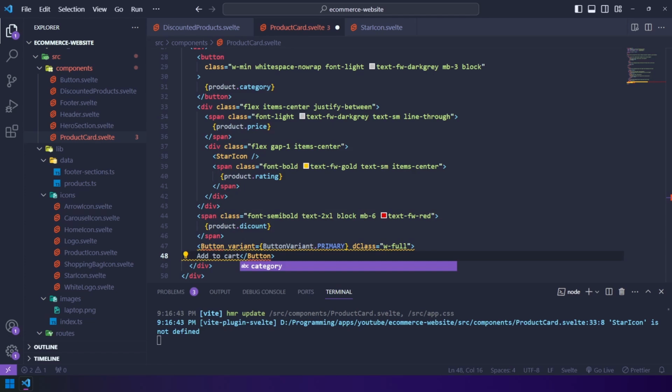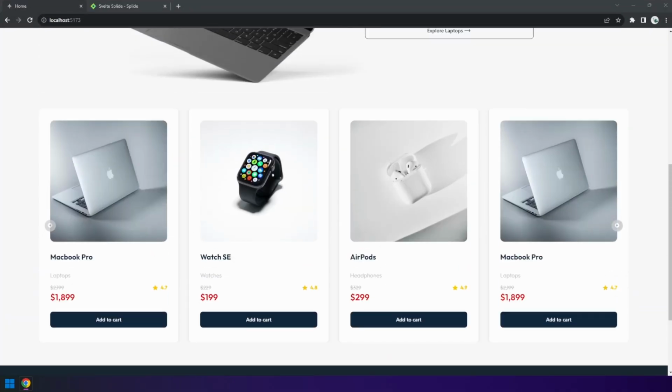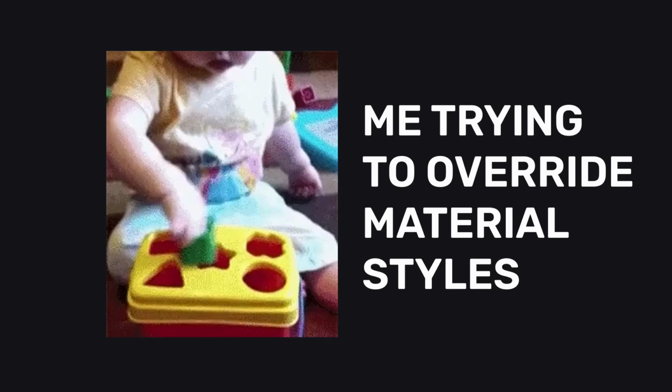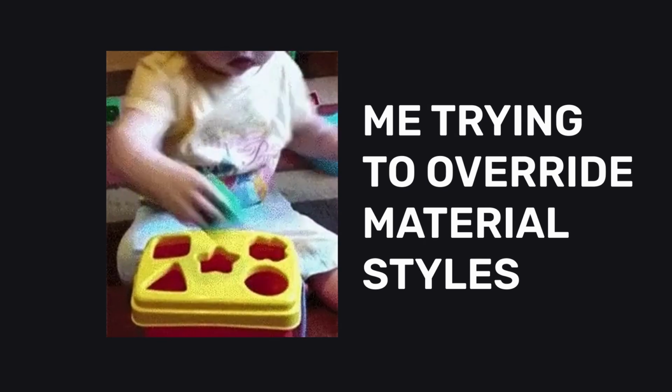Make sure to use primary button variant with full width. And now discounted products look much better. But the arrows are not good because they are positioned inside the carousel. You should note that every library assigns classes and predefined styles to their components, and we can use those classes